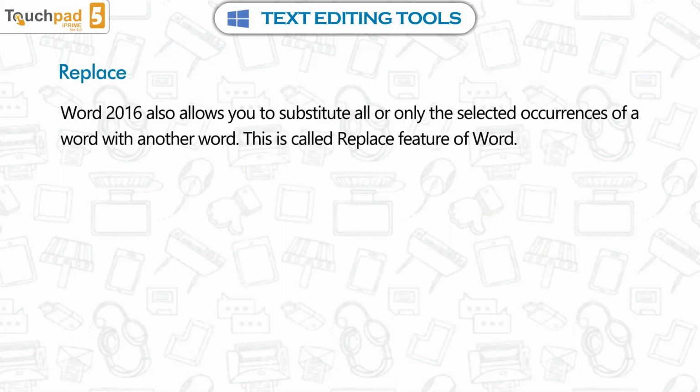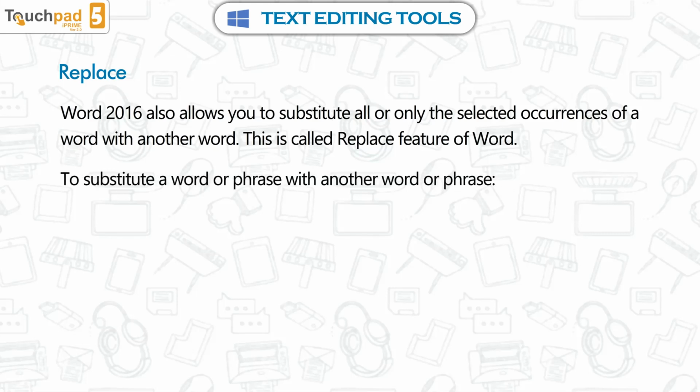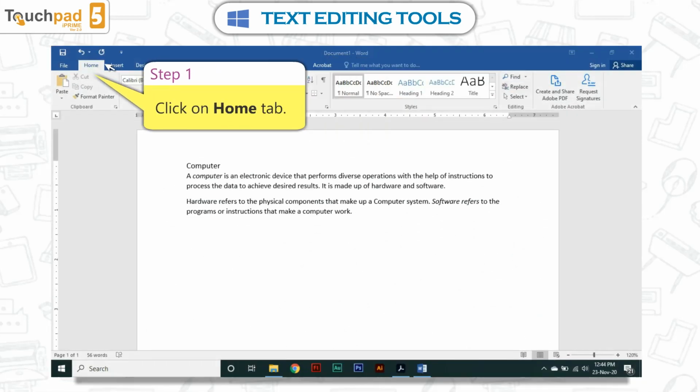Word 2016 also allows you to substitute all or only the selected occurrences of a word with another word. This is called the Replace feature of Word. To substitute a word or phrase with another word or phrase: